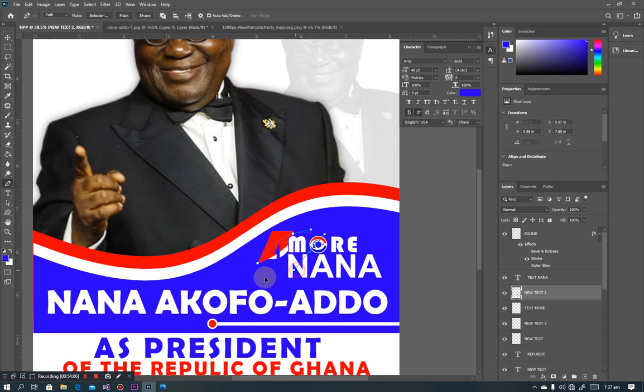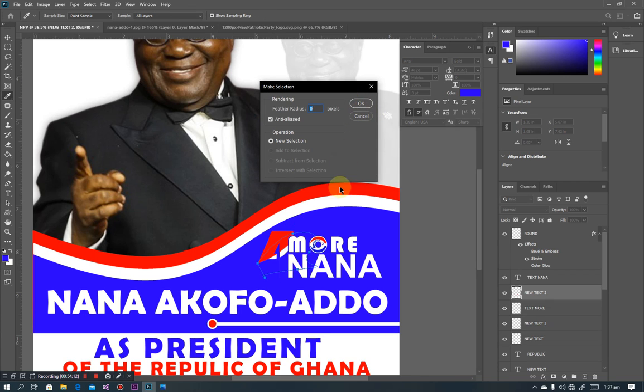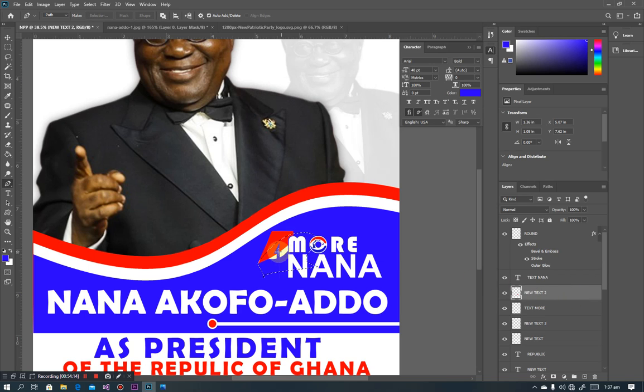Good. And then just select anything like this, and then make selection 0. Make sure the red layer is selected, and then delete, and that is going to be awesome like this. And I really love for it to be like this. So select this, hold shift, hold control to select all the 4,